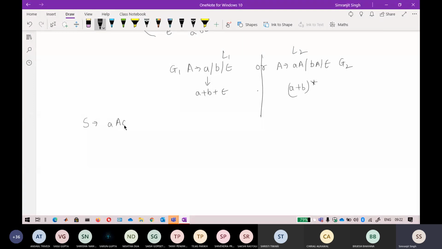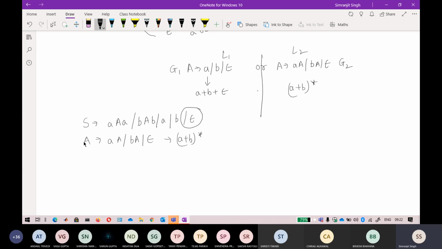The grammar defined by Chirag is this one: B A B, and then there is an A, and then there is a B, and then AA, and then BA, and then there is epsilon. Epsilon is not defined in the starting symbol; it is defined further. So this expression solely denotes A plus B star, but if you are not defining epsilon here, epsilon will not be a part of this language. So there is only one mistake here, that you have to define epsilon.